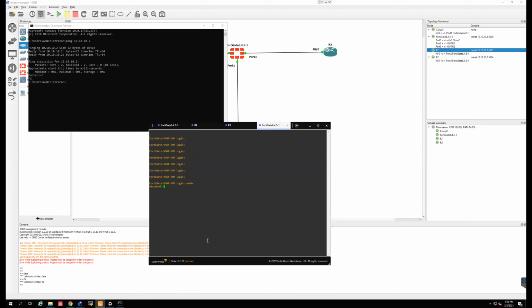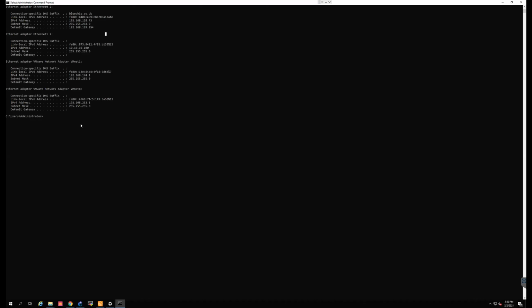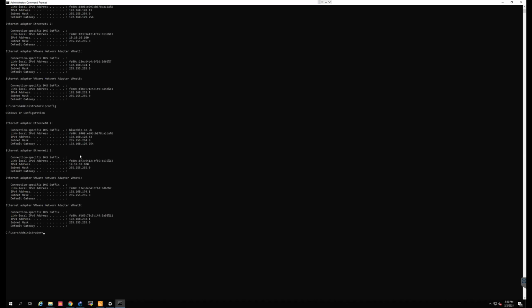Is it configured? Okay, let me type this. Daminda, please wait 2 minutes. IP config. Might be the host NIC is not assigned over there. IP address here is 192.168.232.1. Can you please minimize this?